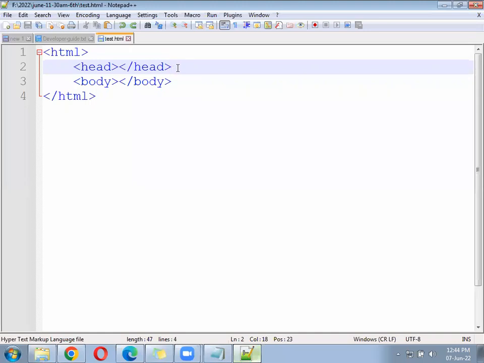Body is open, body is closed. So dependent tag is clear. Yes, really it is open, close, open, close, open, close. Okay. Now let me come here. I will go to the body tag. Inside the body tag,